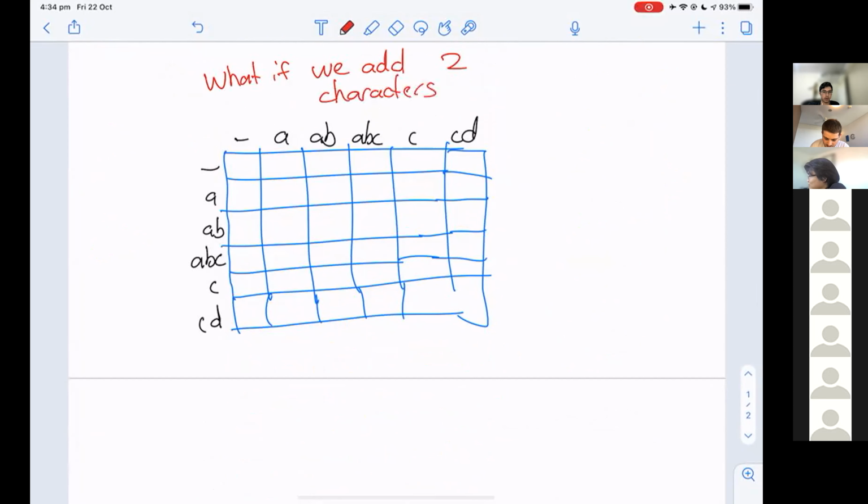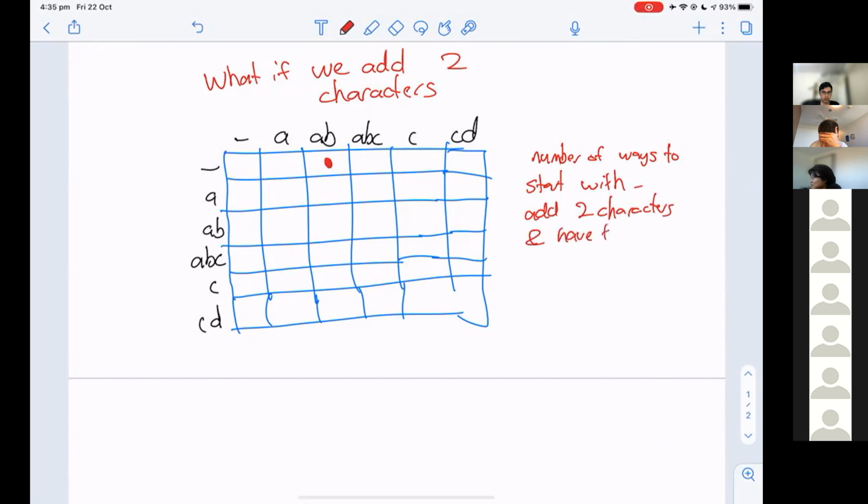And by that I mean this entry here, for example, the entry that I put a dot in, will be the number of ways to start with blank, add 2 characters, and have the longest suffix, sorry, the longest suffix that is a prefix of a buzzword be BAB.